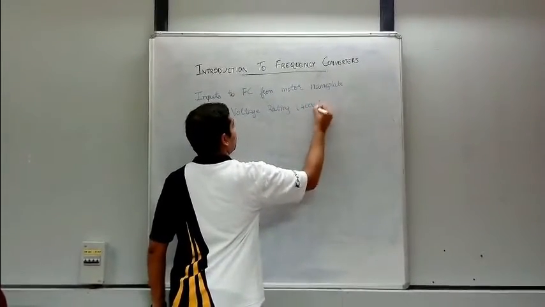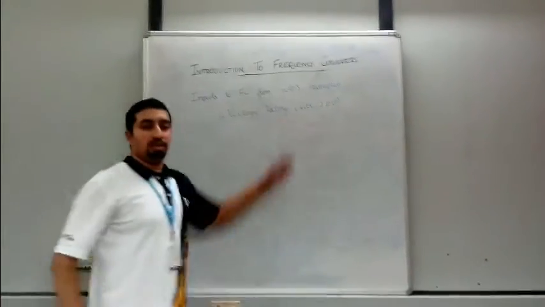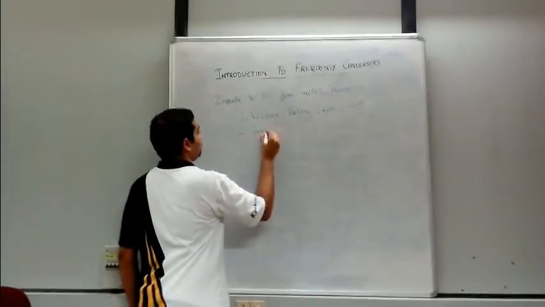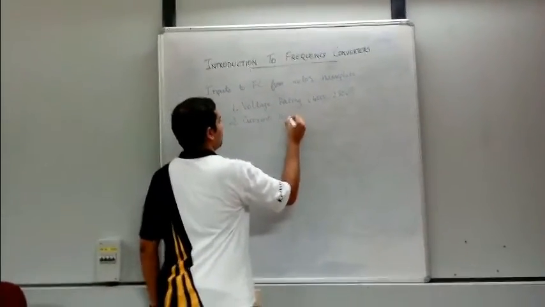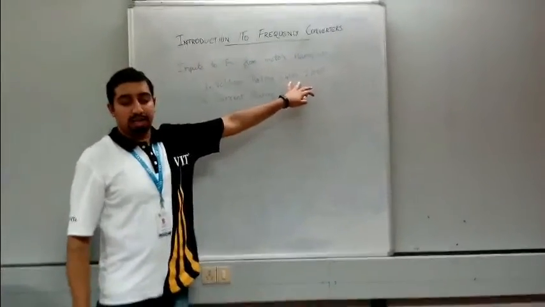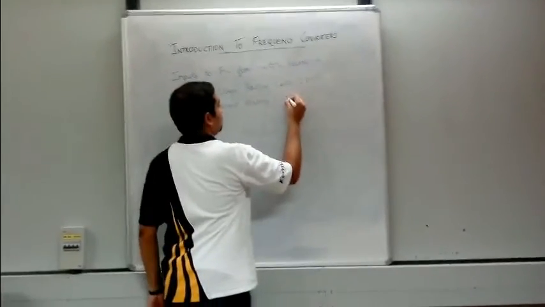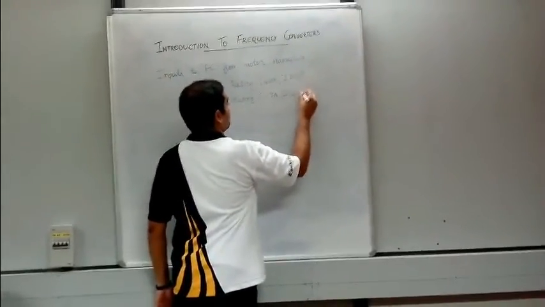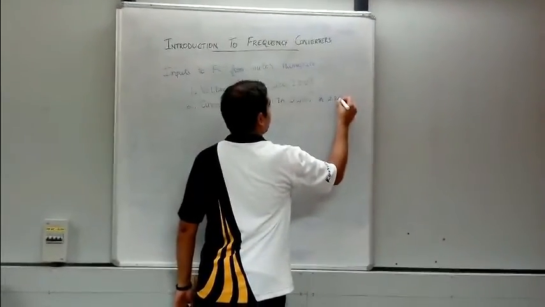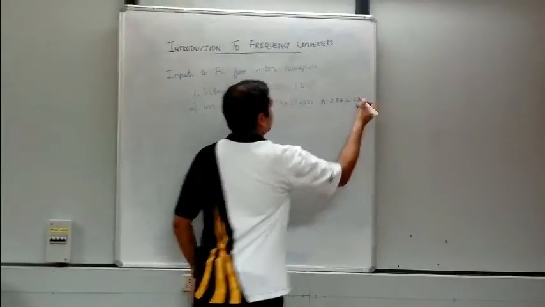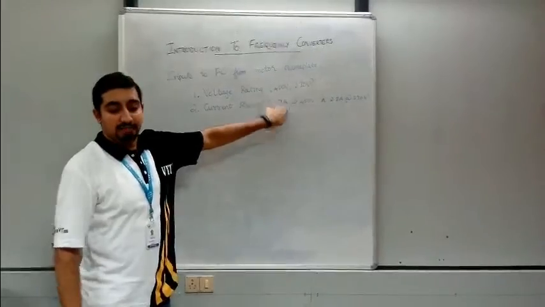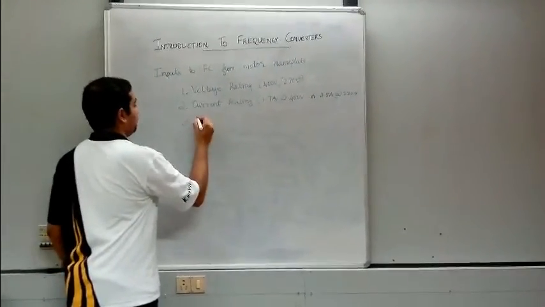say 400 volt or 230 volt or whatever is the voltage that the system is running at, and then you have your current rating. This current rating depends on the voltage rating, say 1.7 amperes at 400 volt, or it may be for 230 volt, say 2.8 amperes. So depending on what voltage your motor is running, your current will be decided, and then you have a power rating